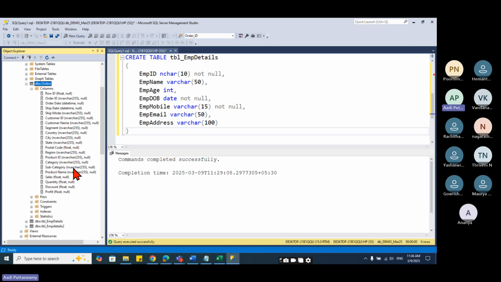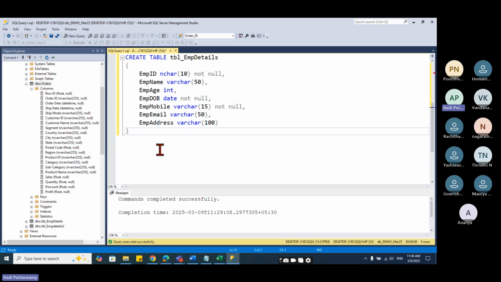These are columns. But where is the data? Let me tell you. Now we'll try to work on data query language. I want to get the data. I want to see what is there in that particular table. So the simple thing is select